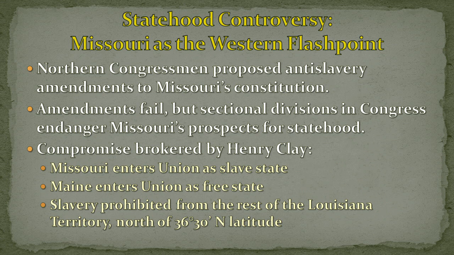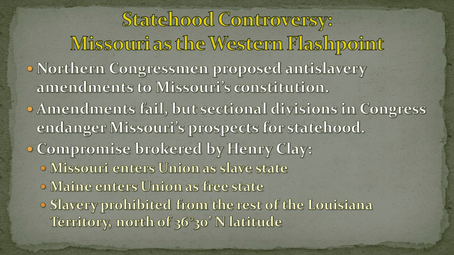Yet a compromise brokered by Henry Clay helped Congress out of this impasse. Under Clay's compromise, the sectional balance would be maintained by admitting both a slave and a free state. The free state was Maine. Maine prohibited slavery and had been formed out of territory once claimed by Massachusetts. Missouri would be admitted as a slave state and also without the restrictions proposed by Tallmadge.